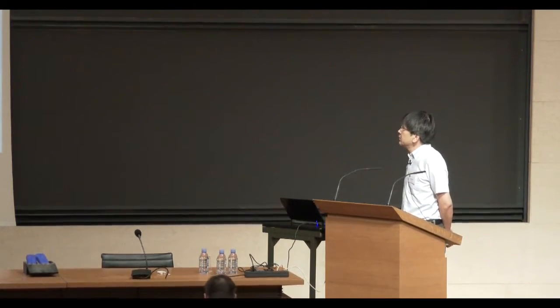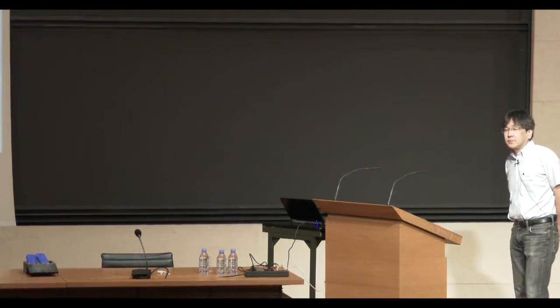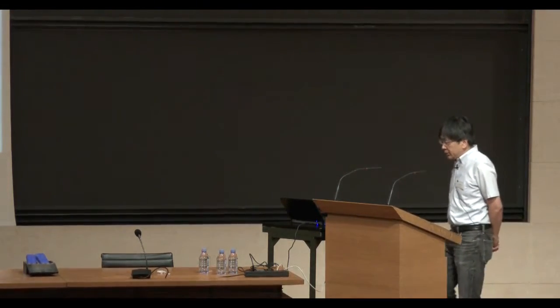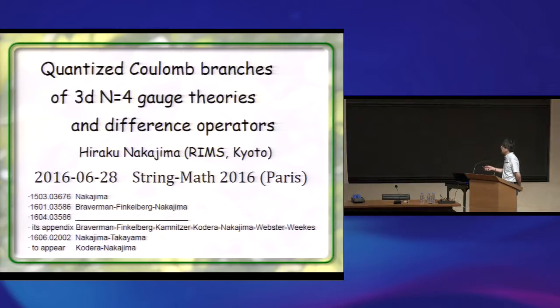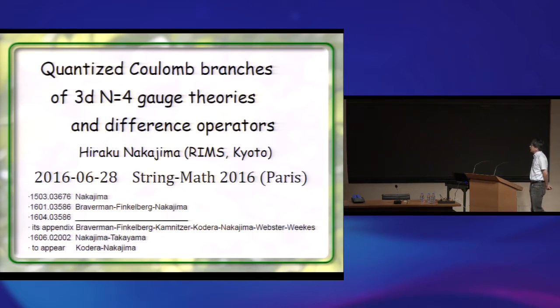So I will talk about quantized Coulomb branch of 3-dimensional N equals 4 supersymmetric gauge theory. So this is based on my work and my joint work. In fact, there's a typo here, and the number for the third paper is wrong. But anyway,